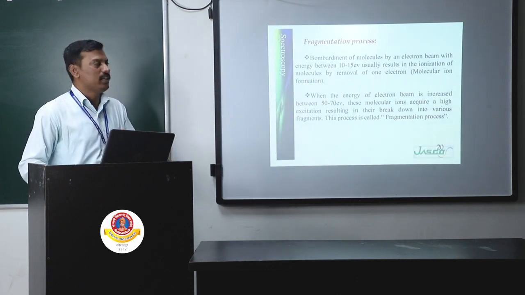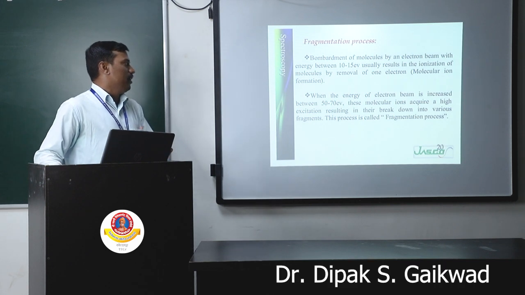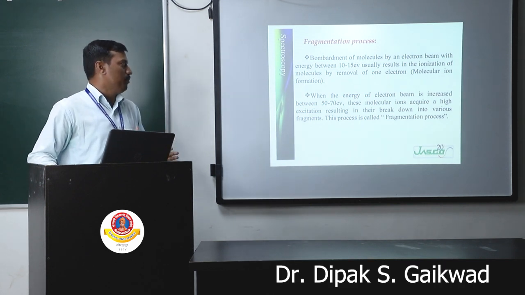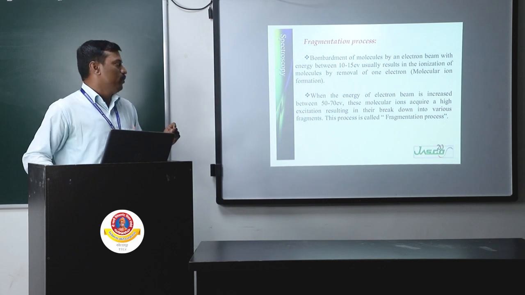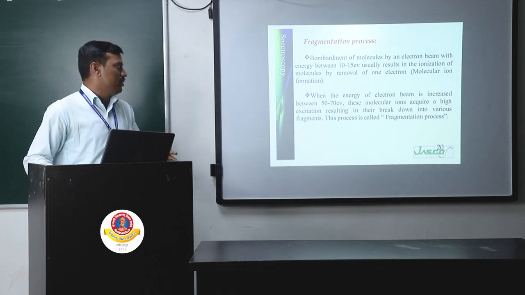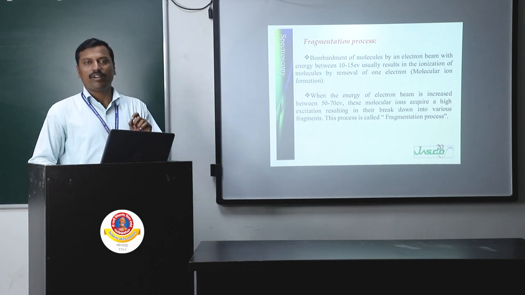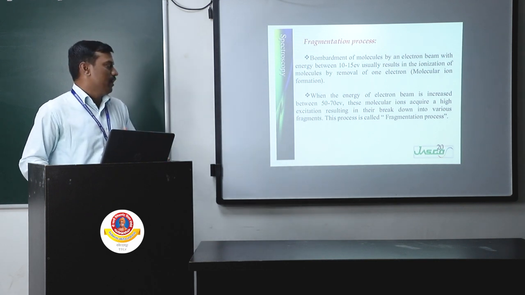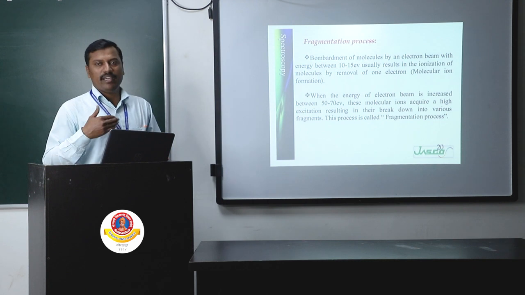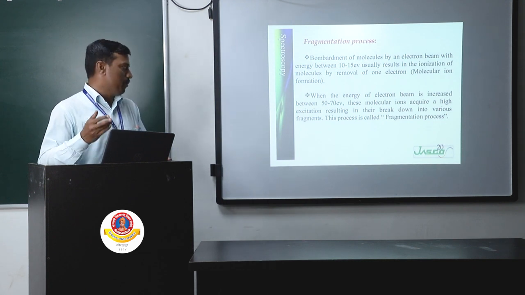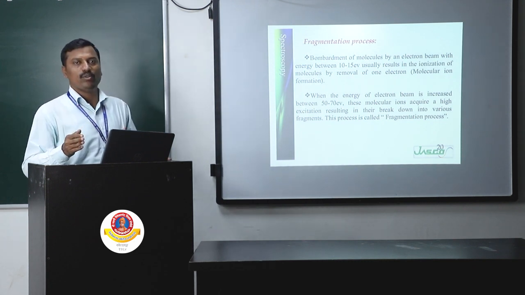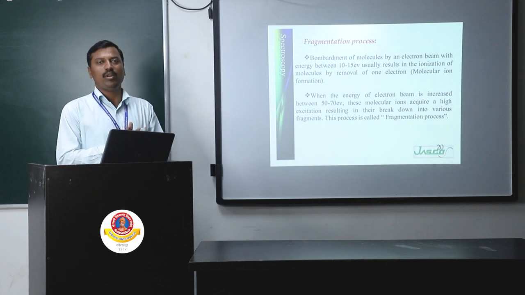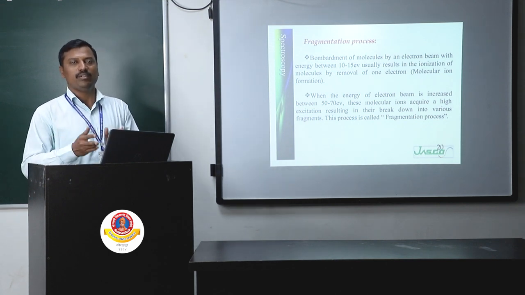As I said, fragmentation is the bombardment of molecules by an electron beam. First 10 to 15 electron volt energy is used, and only ionization of the organic molecules takes place. Then when you increase the energy of the electron beam to 50 to 70 electron volts, the initially